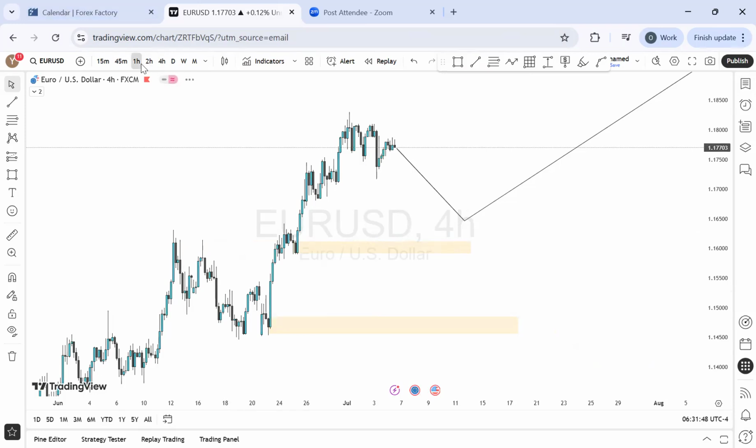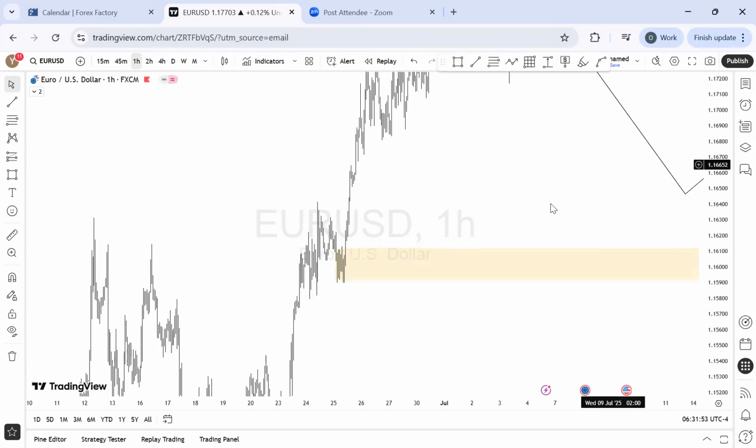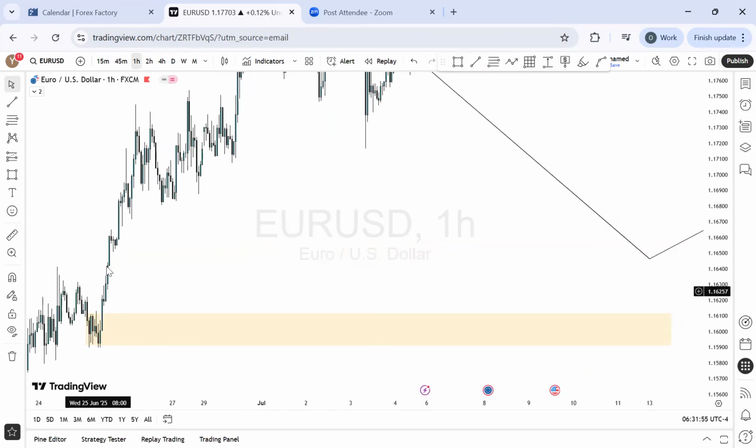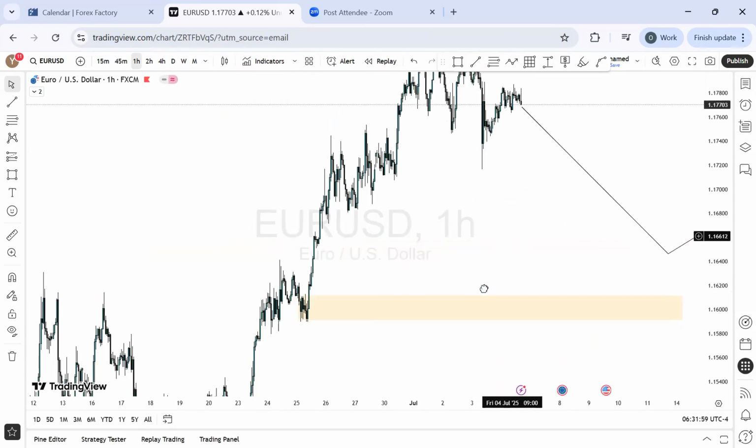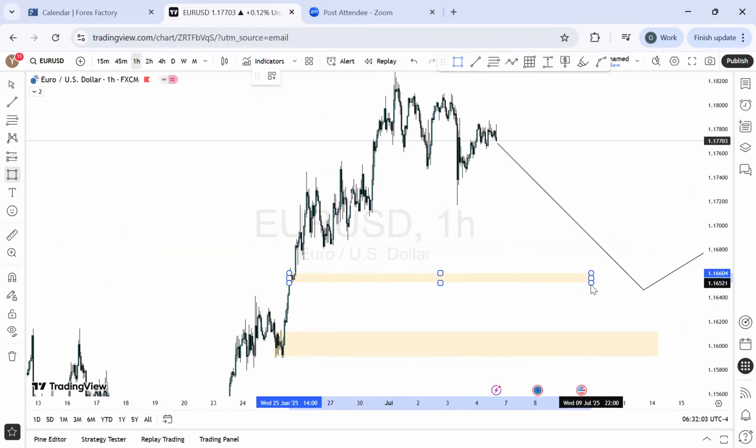Let's see what we have on the 1-hour time frame. If possible, we have something similar. Yes, of course it is. We have a lot of ranging right here before explosive movement. Right here, we have another level on the 1-hour time frame perspective. Look at it. This is a level on the 1-hour time frame perspective where we can have a demand zone